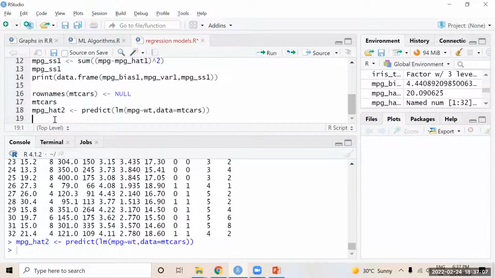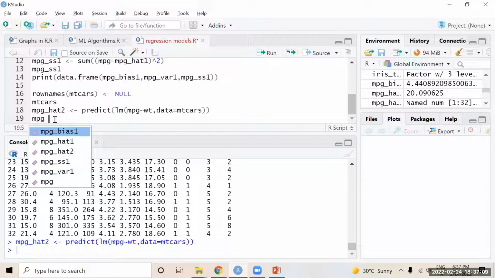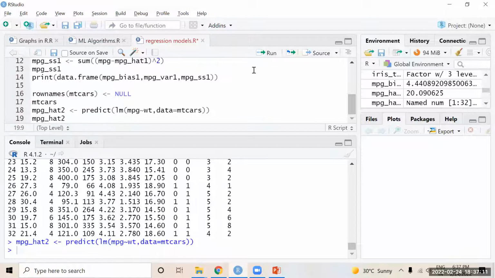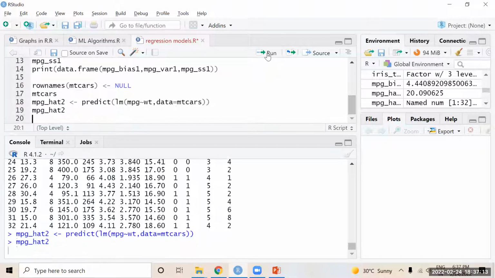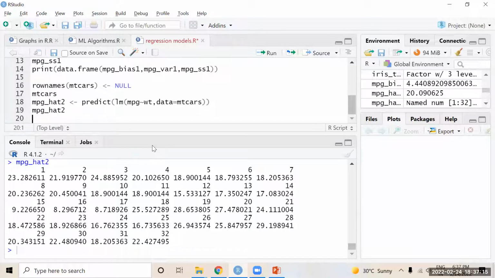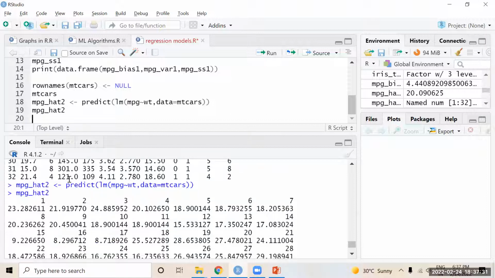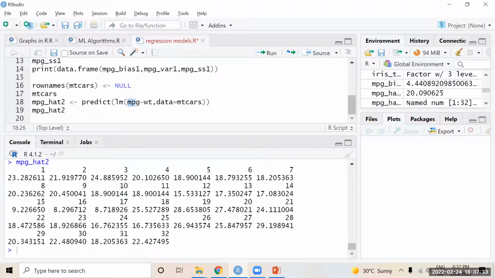Now, if you want to know the model result, okay, you can type. So what is this actually? lm is a linear regression model, which is a simple linear regression, y equal to mx.